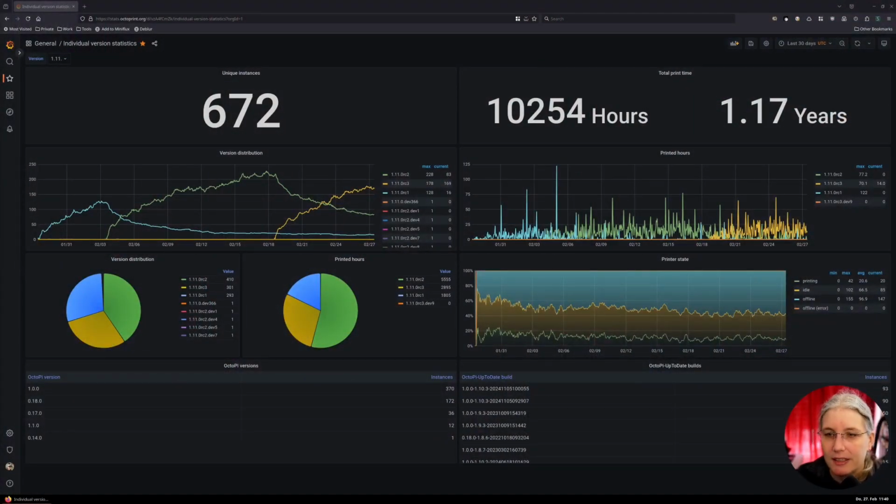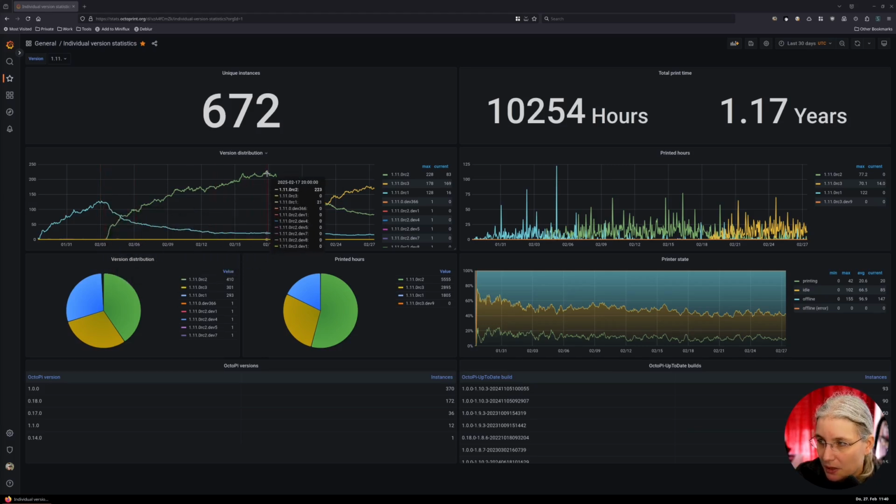So this is basically what has been happening here since January 1st. We saw first something like 122 instances participating in 1.11.